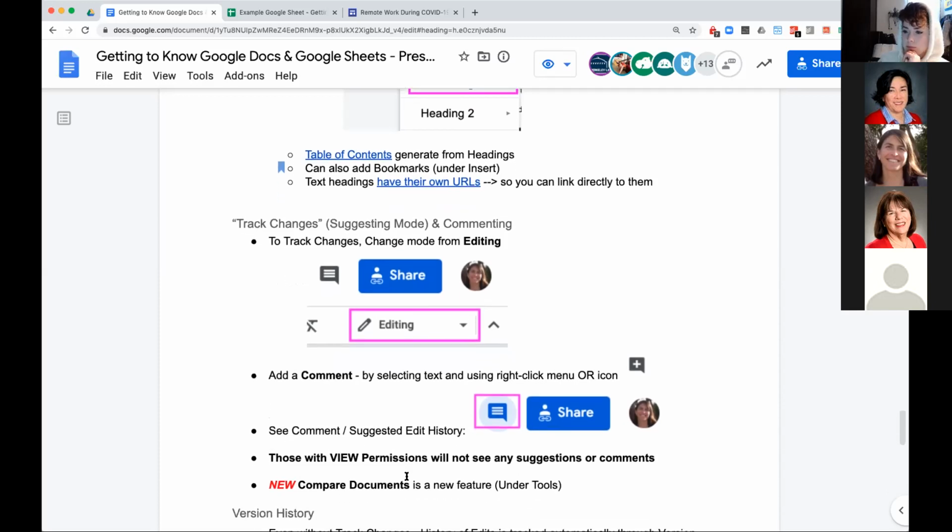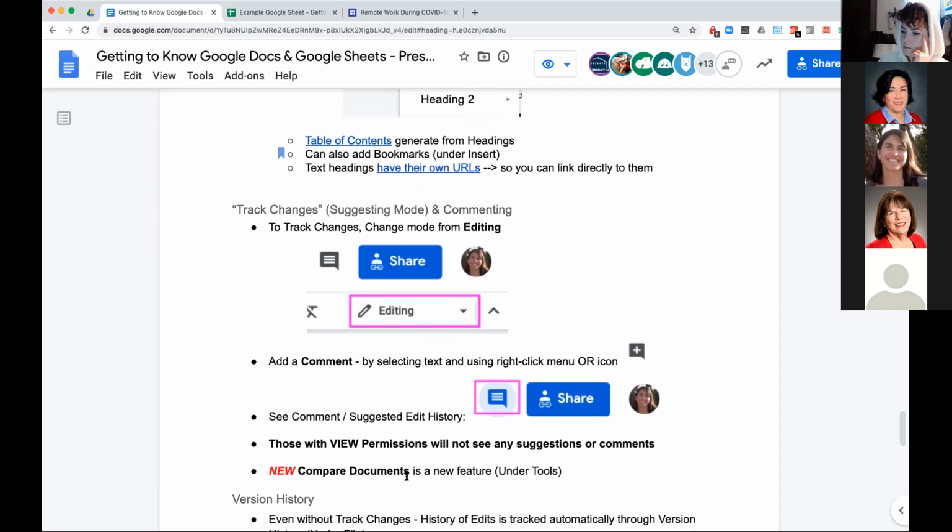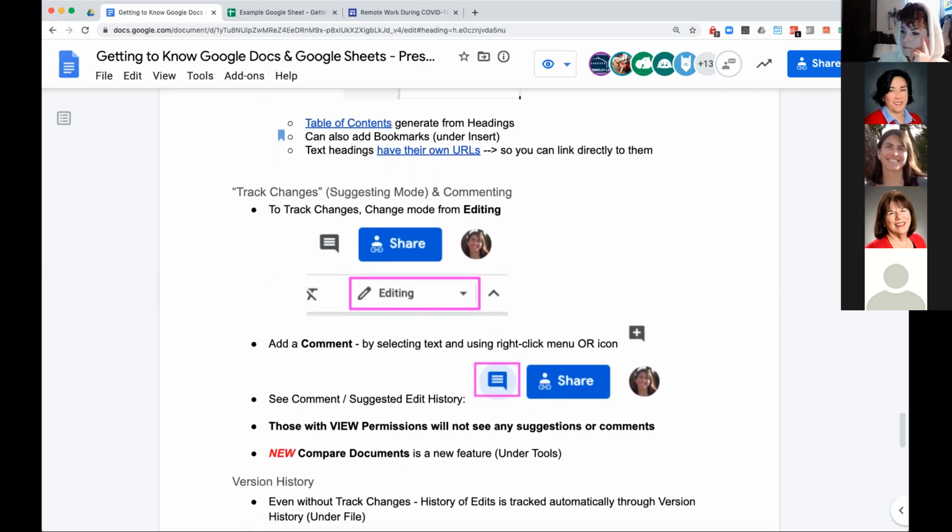So while we're still on comments, the question is, can you send comments to a subgroup of the people who have rights to see the document, or does it always go to everybody? I would say if you don't want people to see the comments, you would give them view access. People with comment access can both make comments and see comments.